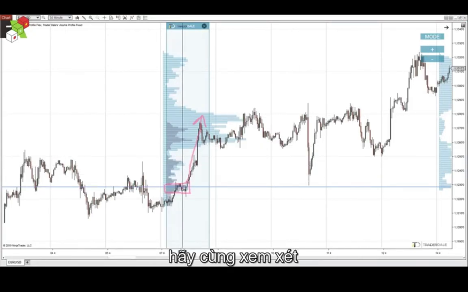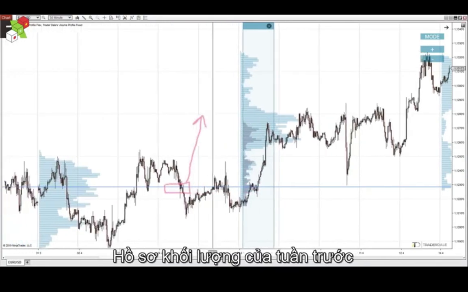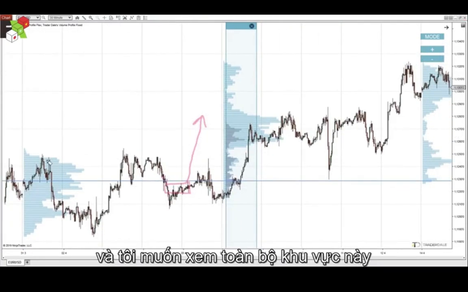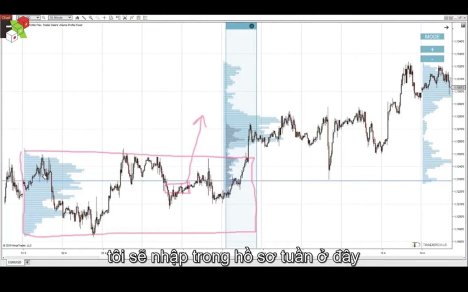And actually, let me look at the previous week's volume profile. And what I want to have a look at is this whole area. So basically I will be merging this